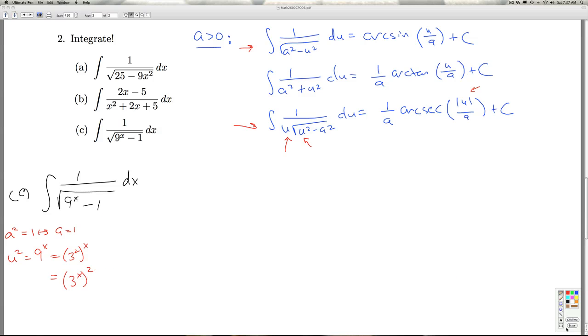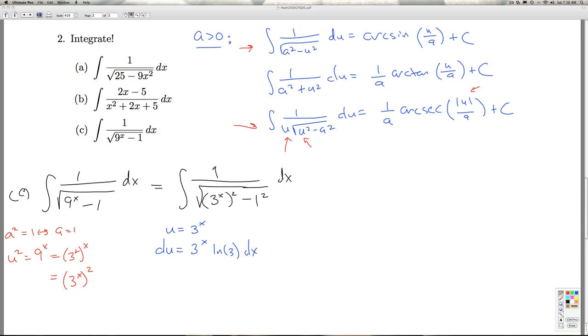and using properties of exponents, I can interchange the x there and the 2. So I could try and rewrite this as 1 over the square root of 3 to the x squared minus 1 squared. So I would want u to be 3 to the x. So the derivative du would be 3 to the x natural log 3 dx. Now the natural log of 3, although it looks a little frightening, is just a constant. We can adjust for that out front of the integral, but what about this 3 to the x? If I want to get that 3 to the x in there,